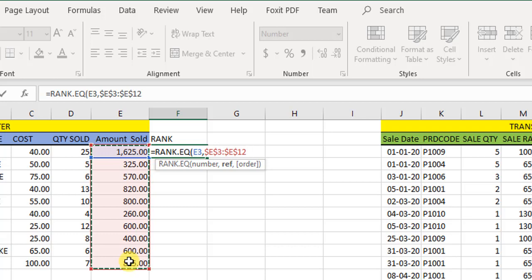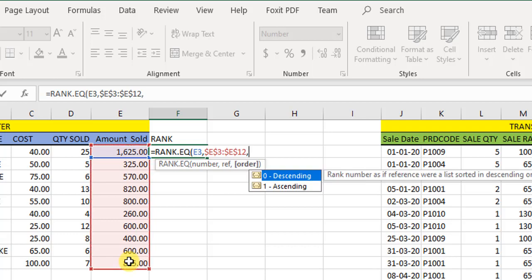And the next one, if you press a comma, the next argument is 0 for descending and 1 for ascending. Descending means the top sales figure will appear as rank 1, and if you put 1 it will be ascending, that means the smallest figure will be given rank 1.